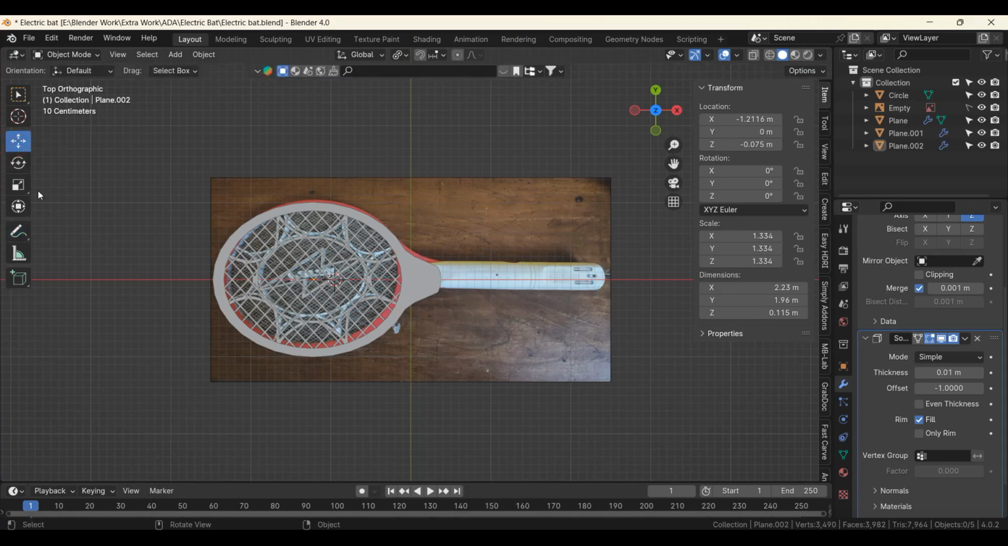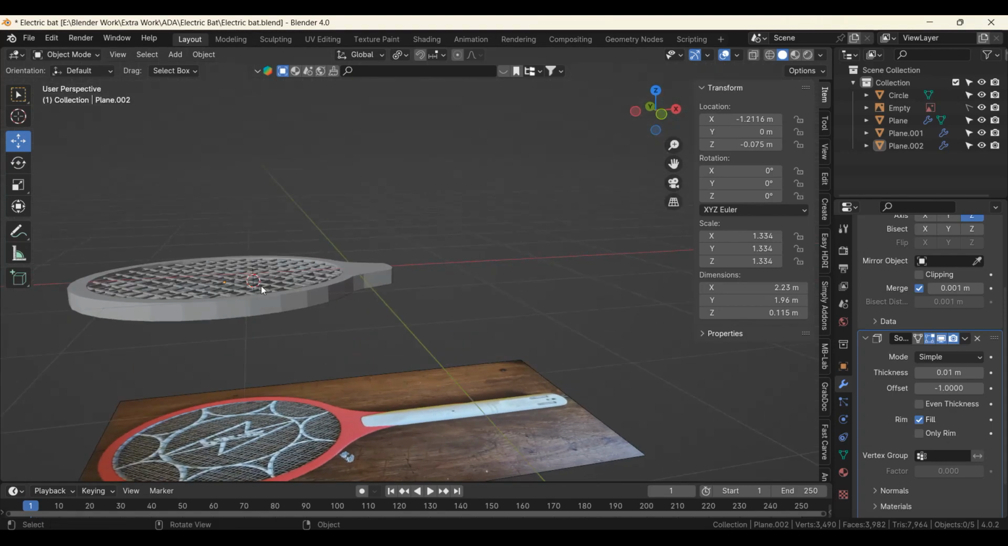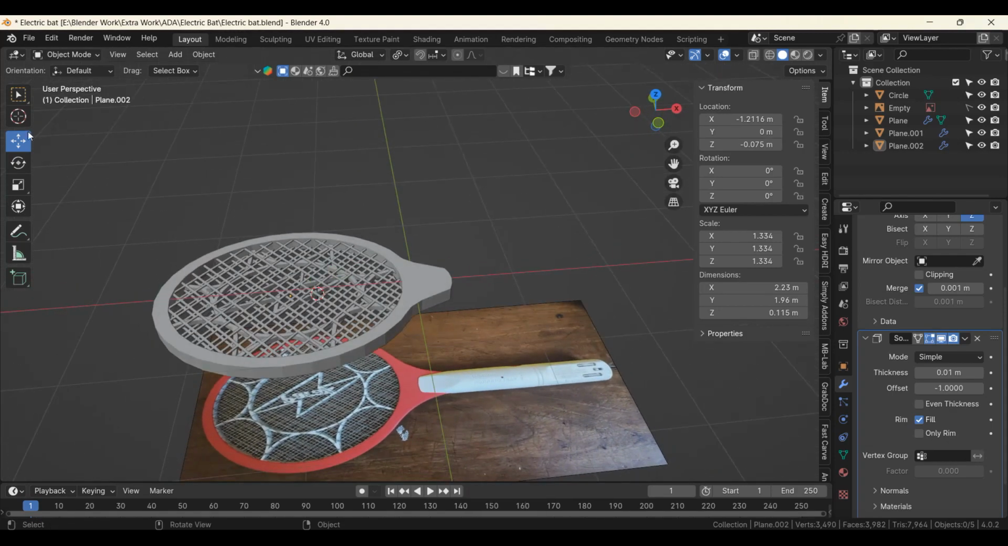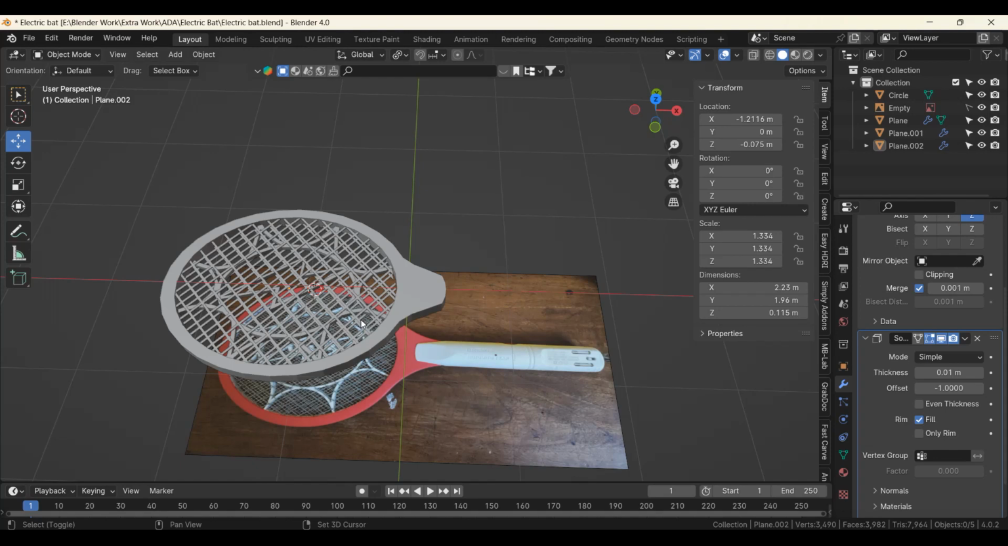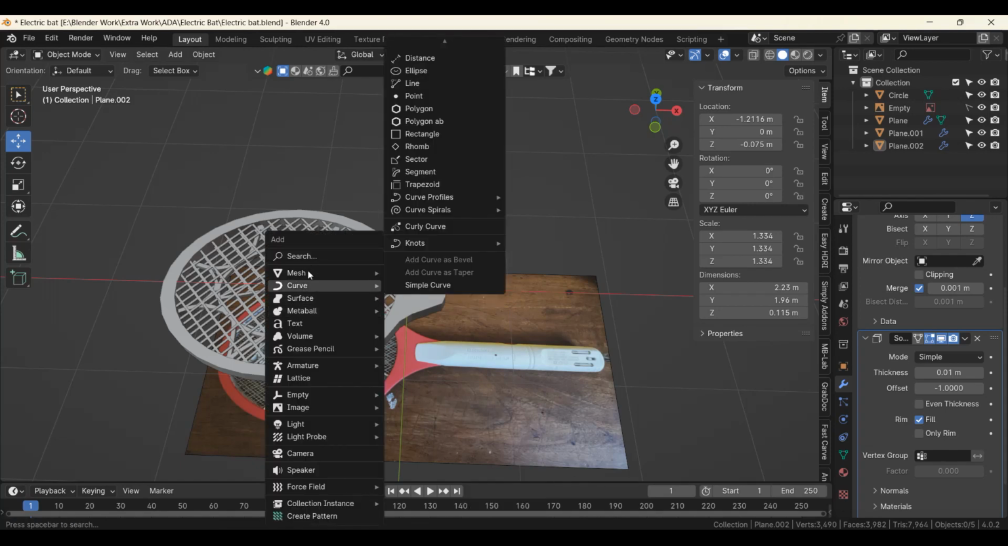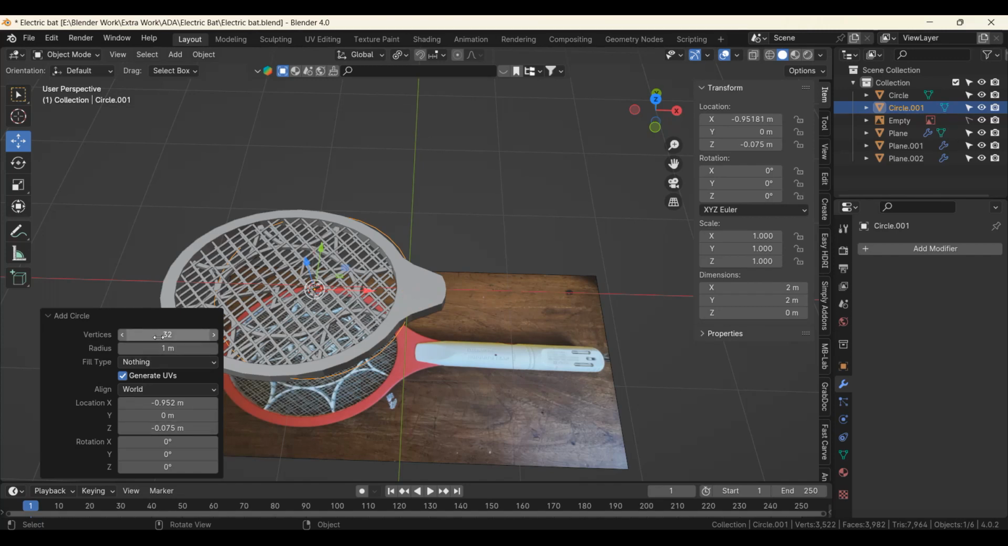Then I'll go over here, and I would like to take a circle. So here is the cursor. I put it over here, and now I would like to take the circle. So go to mesh and take a circle, and here you see the 32, but I wanted to take it 16, so I take it to 16 and move it a little bit here,